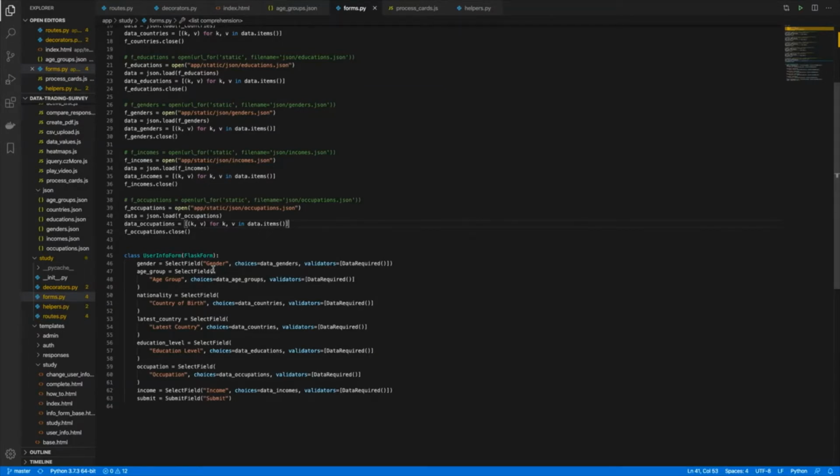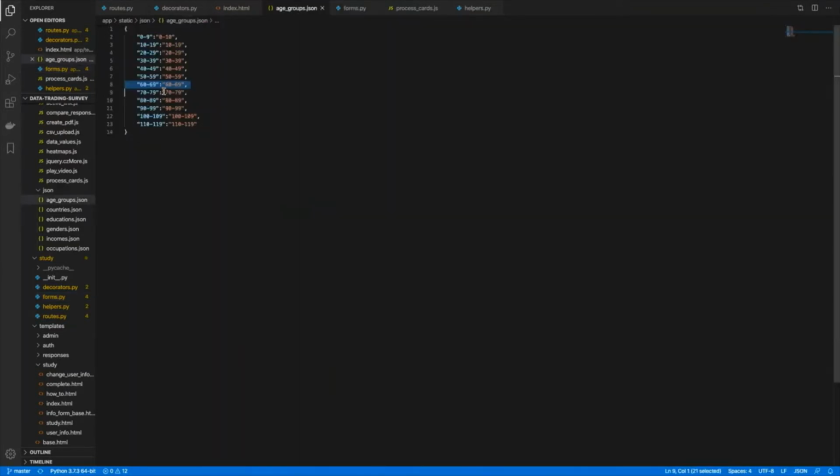Now, what this form consists of is select box fields with choices generated from JSON files, which we can see one of here. The JSON files contain key value pairs. The key is the one sent back to the server, this key here, sent back to the server if it is selected, and the value is the one which is displayed to the user on the interface.